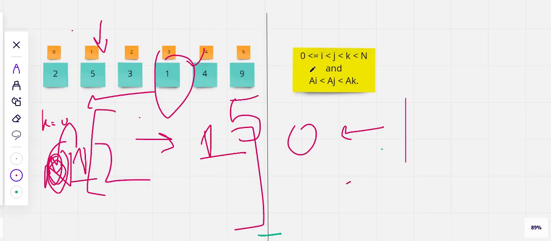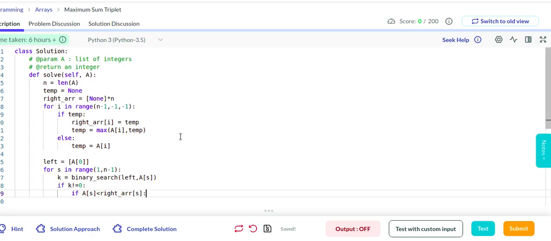Why? Because what if we had 9 over here? If we had 9 over here and we computed the rightmost array, then for this the answer would have been null, and for this the answer would have been 9, because 9 to its right is the maximum that we have encountered. But we cannot place similar values 9 and 9. Why? Because it violates this. It has to be lesser than this. So we have this check. We are only going to proceed if it's lesser than right of I.